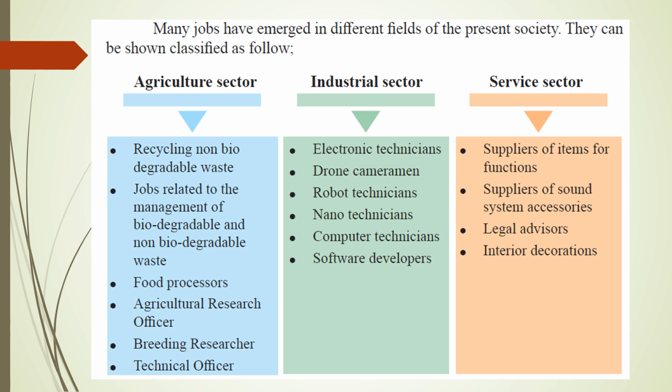So solid waste management is in demand, and it is a very required field in the current world. So the jobs related to those fields are very essential under the agriculture sector. And food processing, this is also a very in-demand job. Right? Food processing means producing different types of foods from the raw material.